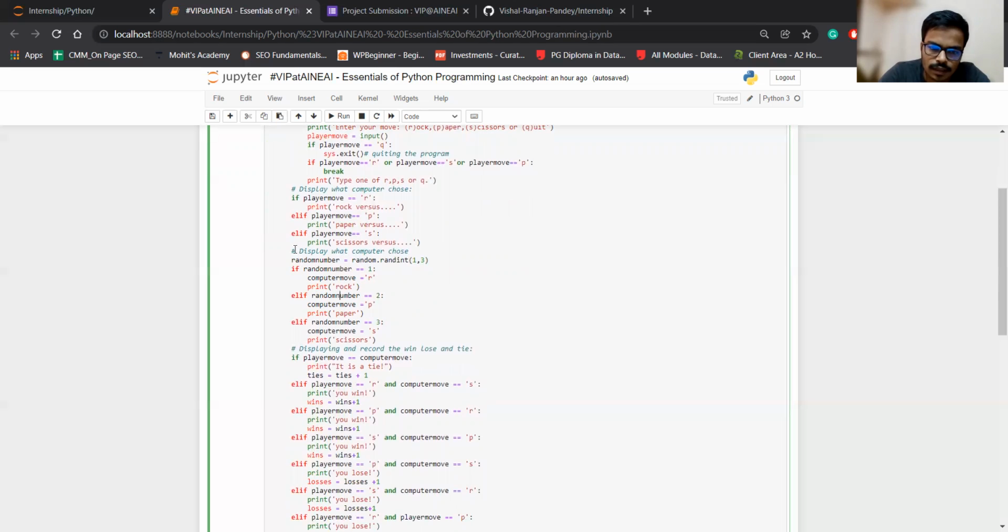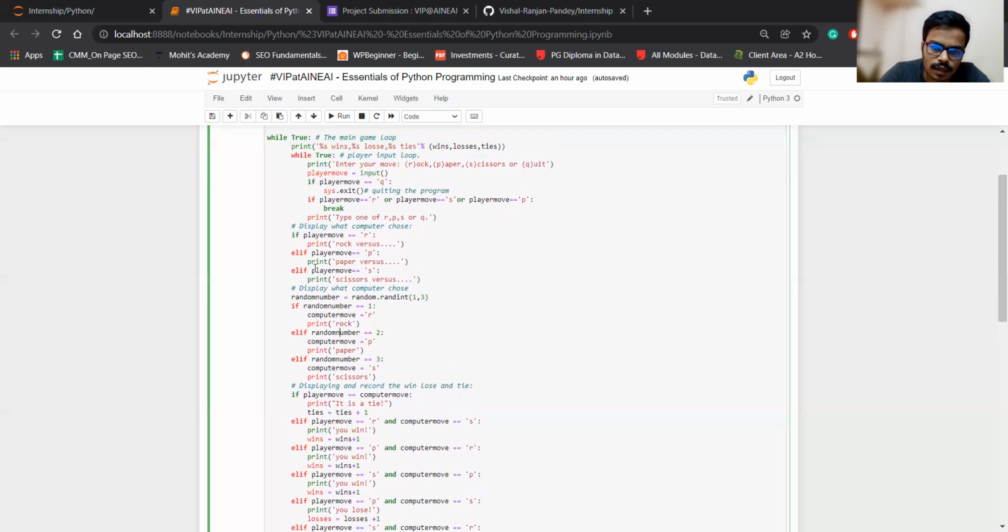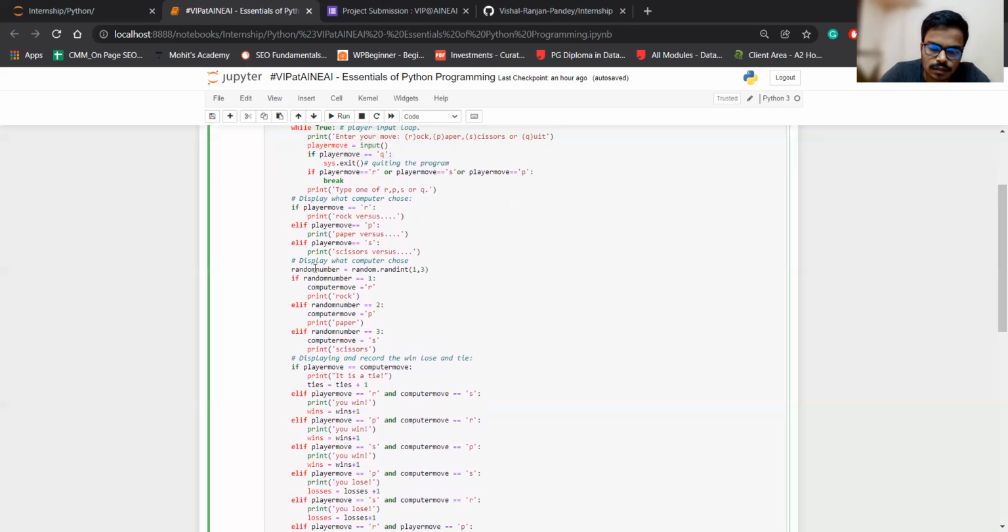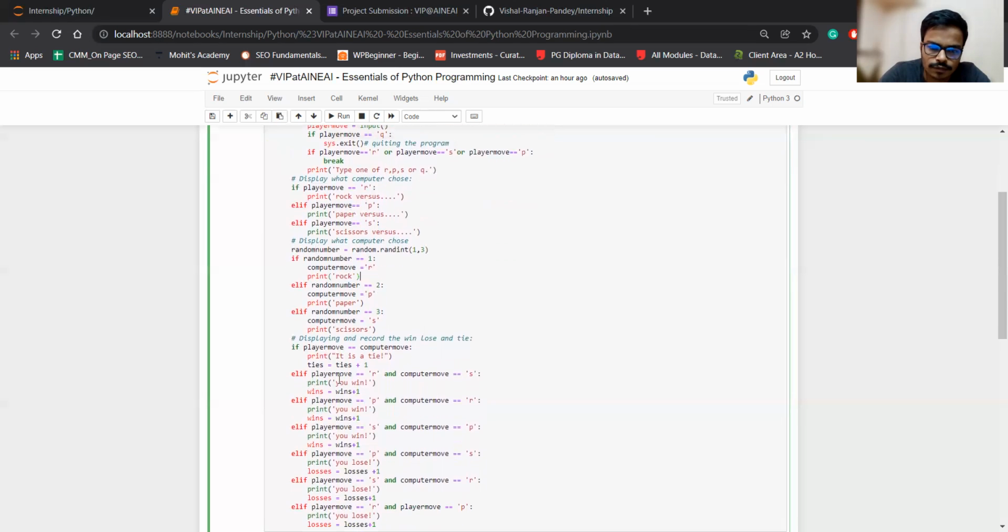This if and elif are nothing but logical statements which help us to decide things. They help us with comparison. And if random number is 2, computer move is P. So we are assigning these numbers to the different options available in the game.